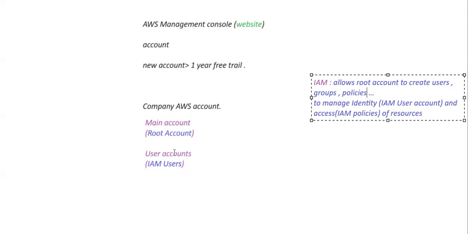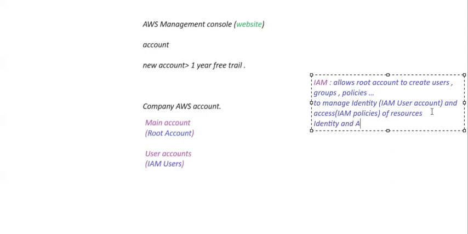I can provide you a lab on this so that you can have a good idea of it. In this, you just remember: IAM allows you to manage the identity and access of resources. That's it. It is a service that allows you to manage the identity and access of the AWS resources. Since it is managing the identity and access of resources, AWS named this as identity